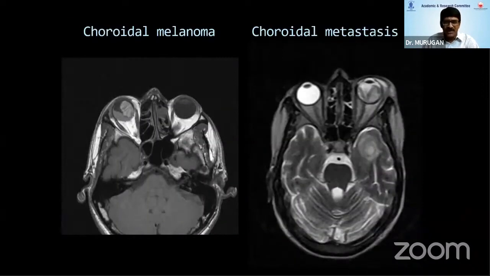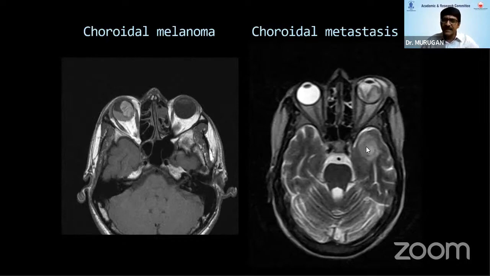Of course, ocular tumors, just for completion's sake, I'm not going into the details. Melanoma, which is the commonest primary tumor, MRI has a slight advantage because the melanin content can appear bright on T1. So we'll be able to come to a reasonable conclusion whether we are dealing with melanoma. Similarly, metastasis, which is the commonest malignant lesion. Okay? Melanoma is the commonest primary, whereas the commonest malignant lesion in the globe is metastasis.